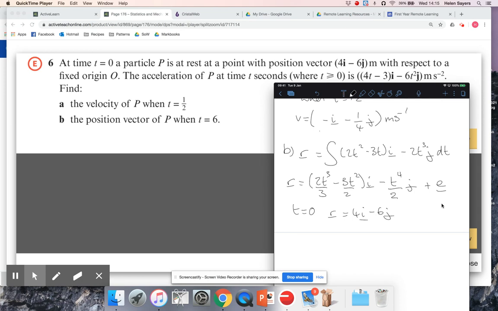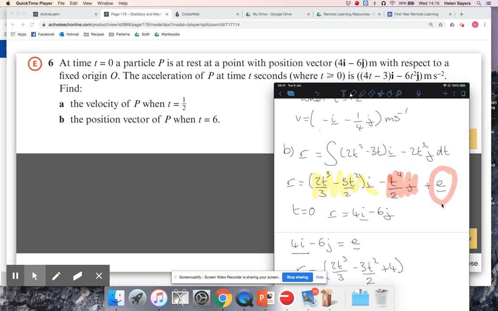So if t is 0, then all the other terms are 0. So that constant is 4i minus 6j. So my full position vector is going to be 2t cubed over 3 minus 3t squared over 2,